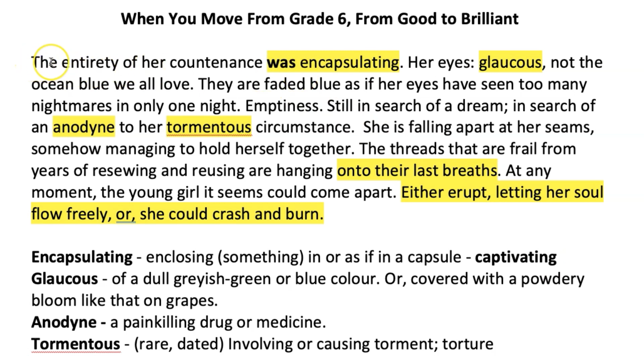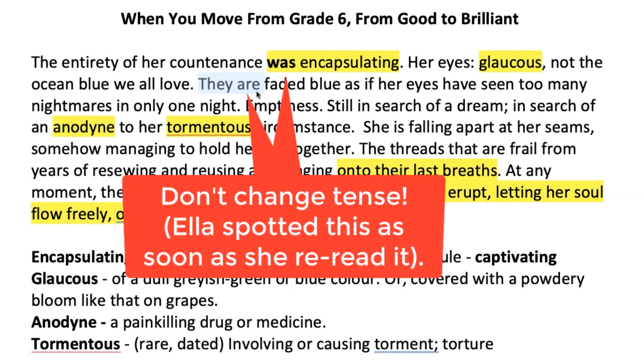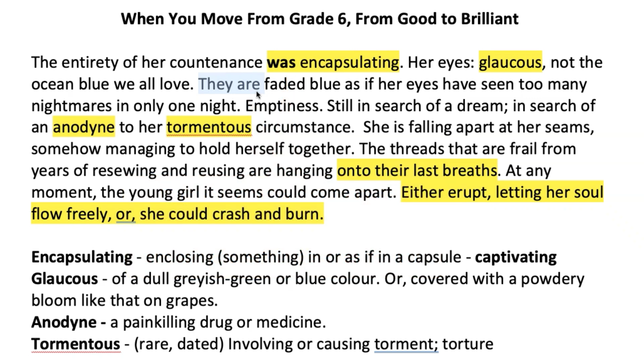She started her writing in the past tense. Actually, that's what most of us do. And it's what most writers do in books. But then you'll notice that by the third sentence, she's moved to the present tense. Writing in the present tense is great because it's immediate, it involves us straight away in the action, or, in this case, the character. But it only works if you start in the present tense,